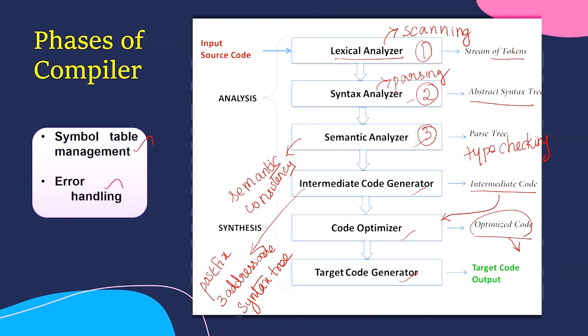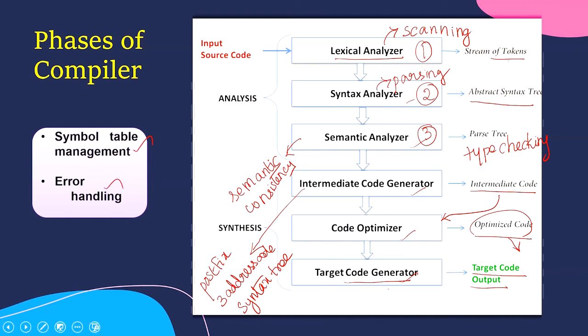The optimized code is finally given to the last phase, the code generator. Here, the optimized code is taken as an input and that input is mapped to the respective target code. The code generator translates the intermediate code into a sequence of relocatable machine codes. The sequence of machine code instructions performs the same task as the intermediate code would do.